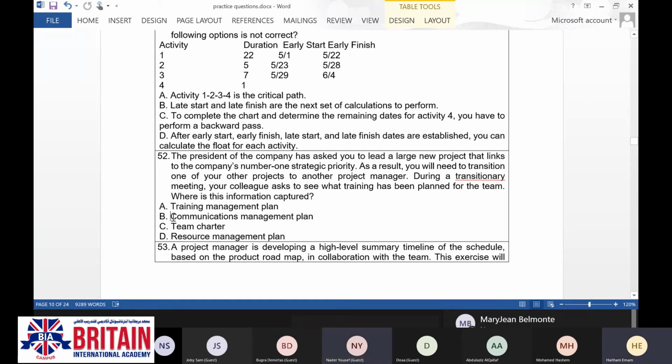This is communication between stakeholders. It's related to how you are going to distribute the information between the stakeholders, whether you are going to have a kickoff meeting, a status report, a conference call, or a press release.